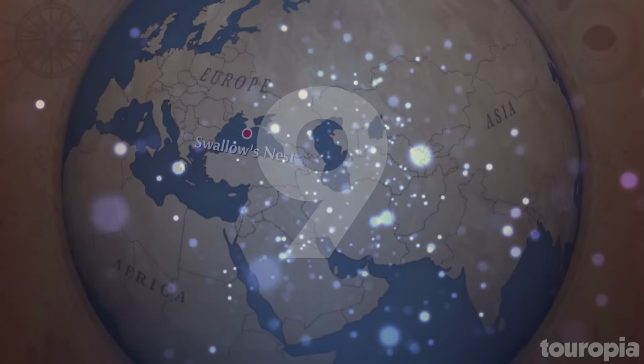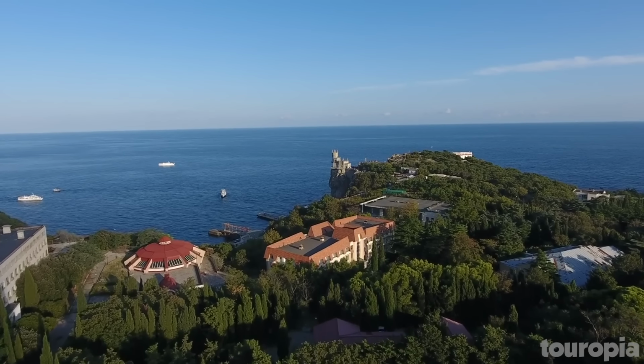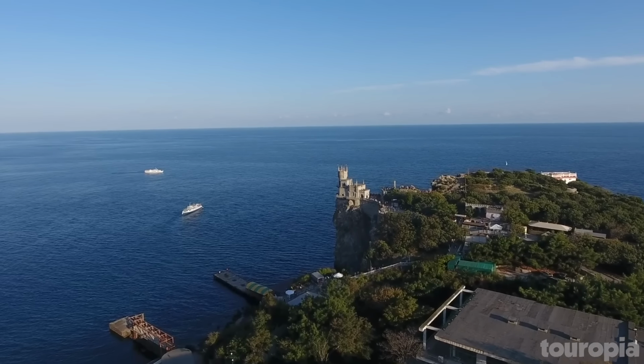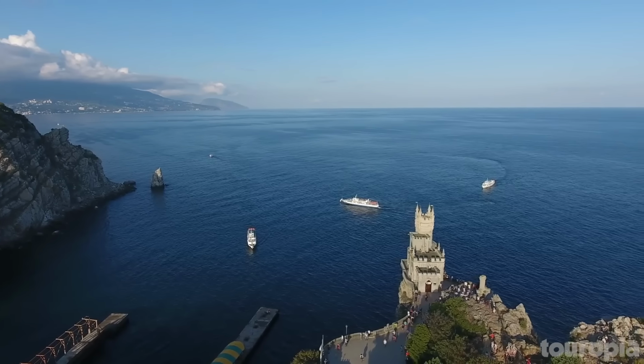Number 9. Swallow's Nest. The delightfully named Swallow's Nest can be found perched dramatically on the edge of a cliff top in the Crimean Peninsula. Overlooking the shimmering waters of the Black Sea, the daintily decorated castle was built in 1911 following very romantic